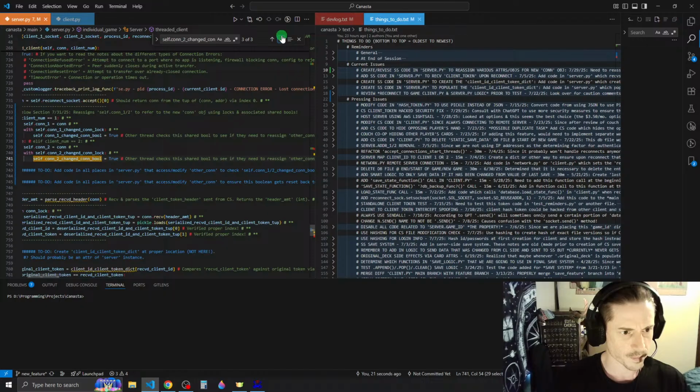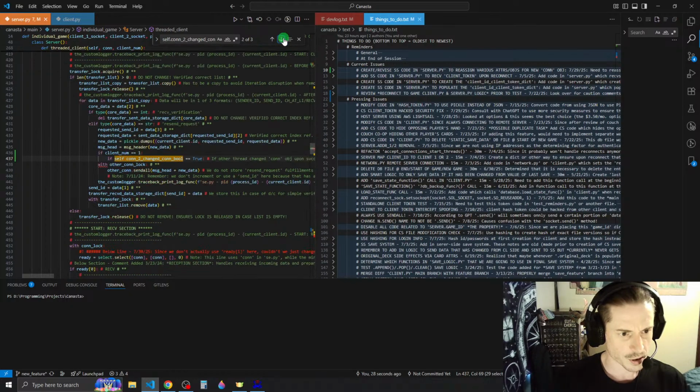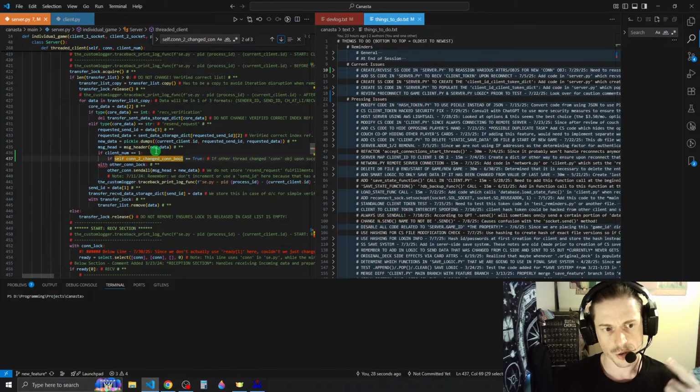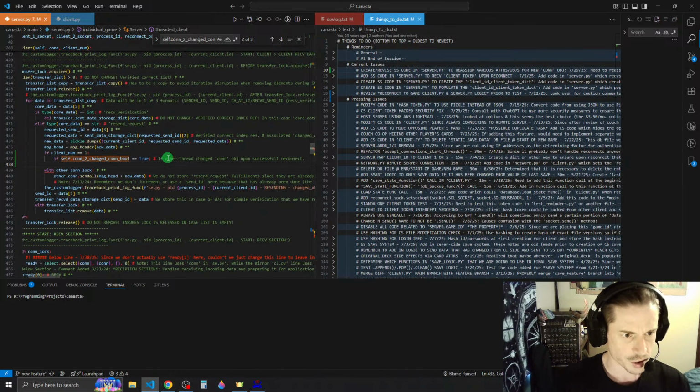Let's see here. If we're con2, then we said our con2 changed, yeah. And then if it's client 1, you reference the other client. So if you're client 1, you check to see if con2 change con bool is equal to true. If it is, then you need to